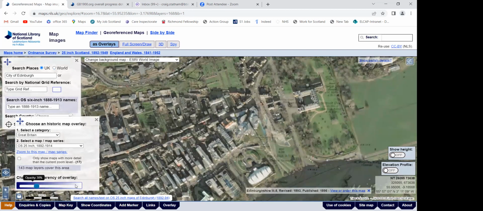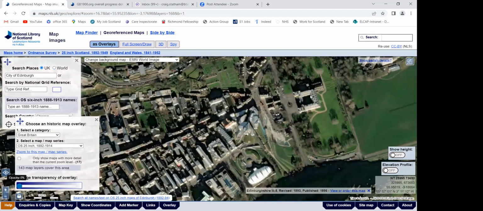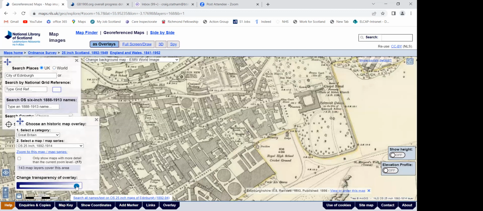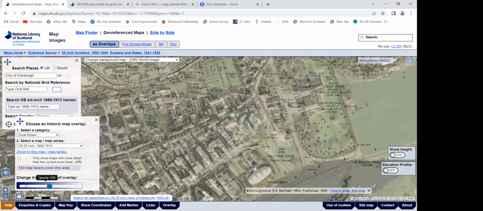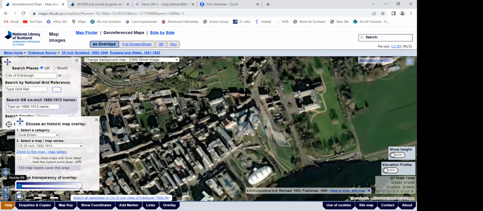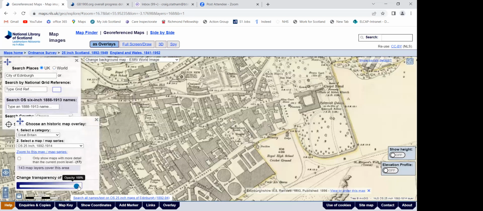The one thing I would say about the overlay is that it's not exact. So you'll see Holyrood Palace there is slightly off. It's not bad actually, but you'll see there'll be quite a few cases where you slide it and you think it's a little bit off from the satellite image. But I mean, it's a job that we have to do quickly because there are hundreds and hundreds of maps to go through. So you can see that there's barely any change in regards to Holyrood Palace